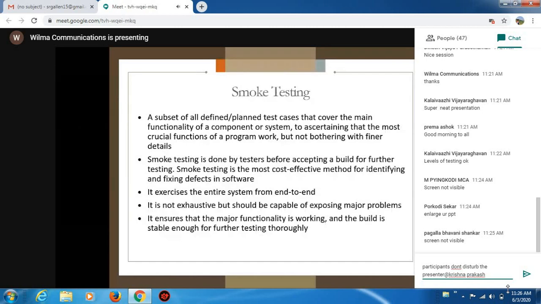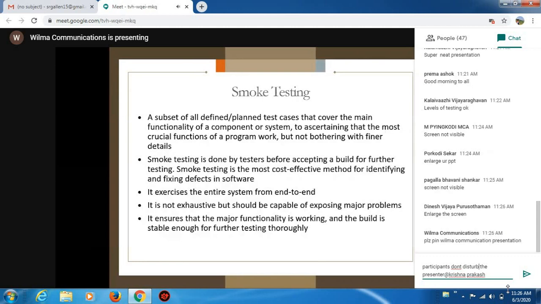Smoke testing is a subset of all defined planned test cases that cover the main functionality of a component or system, to ascertain that the most crucial functions of a program work, but not bothering with the finer details. Smoke testing is done by the testers before accepting a build for further testing.